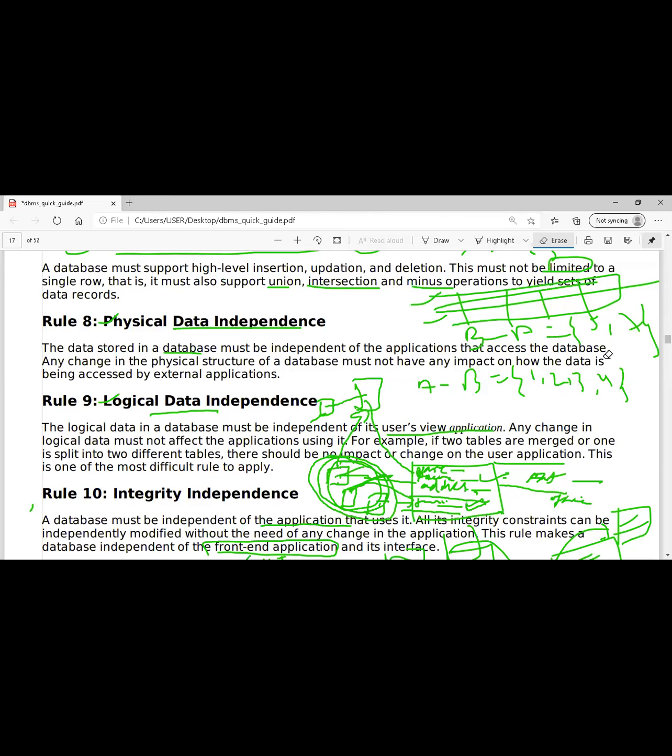You give French, I'll give the answer in English, and you translate it into French. The other person will receive the answer in French only. Whatever I design in my structure is in English, and that will not be affected. That is what the physical data independence means. The original structure should not be disturbed because of some other purpose.